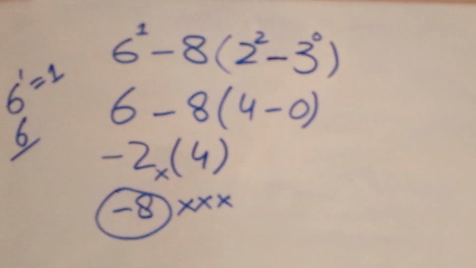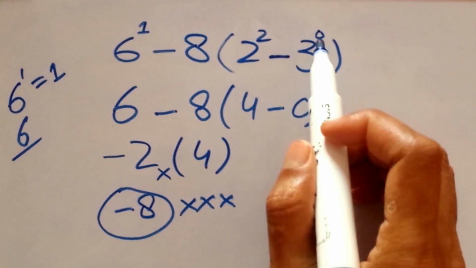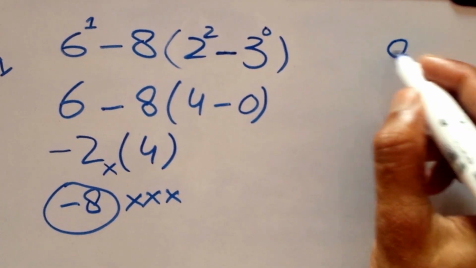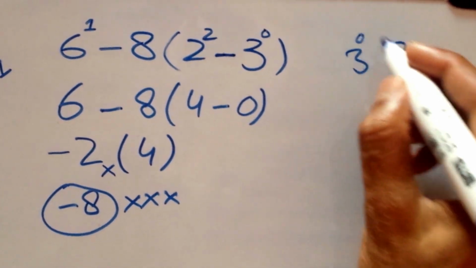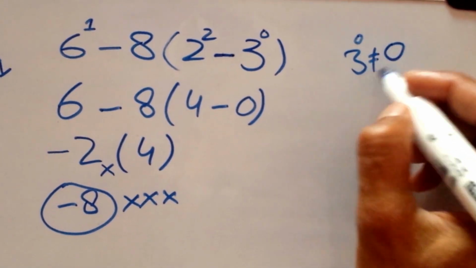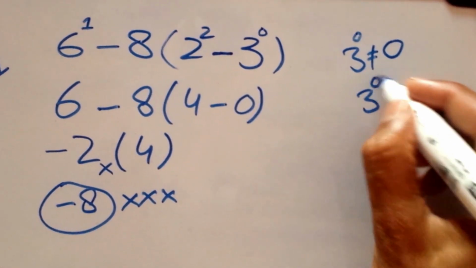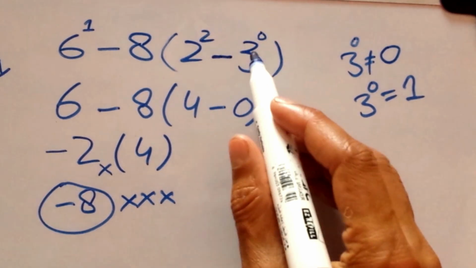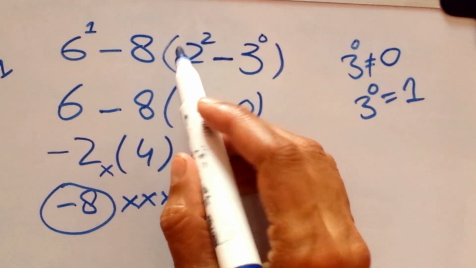Because 3 to the power of 0 is not equal to 0, right? 3 to the power of 0 is equal to 1. So follow the order of operations and